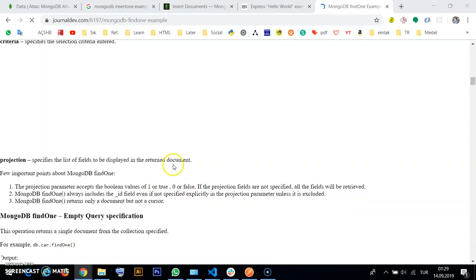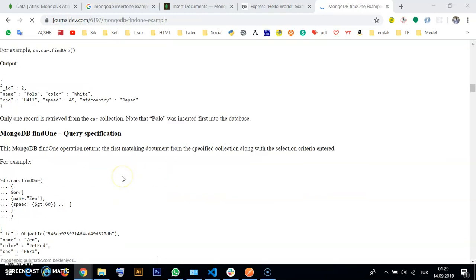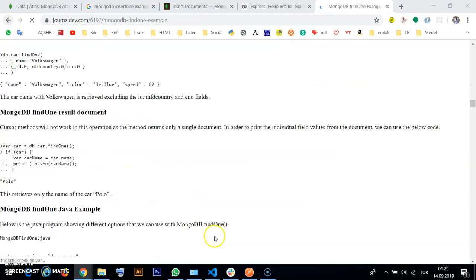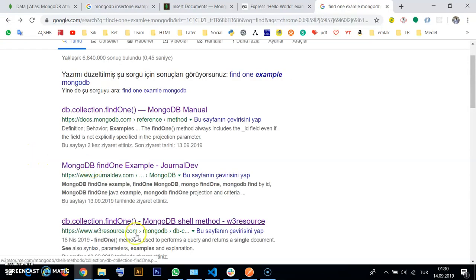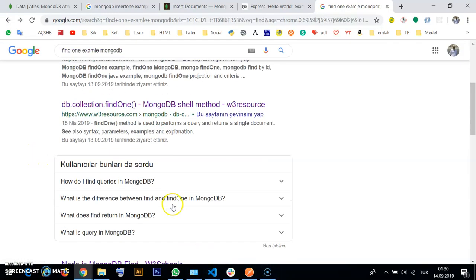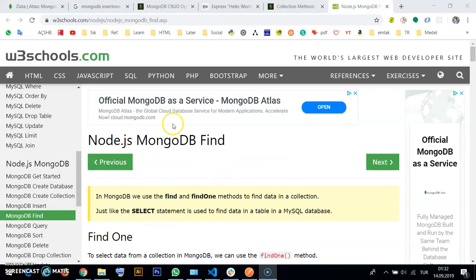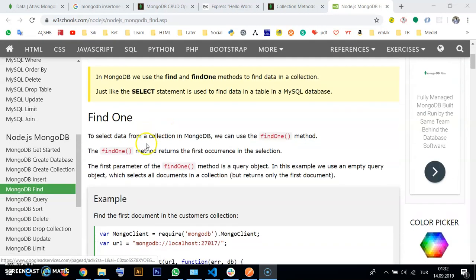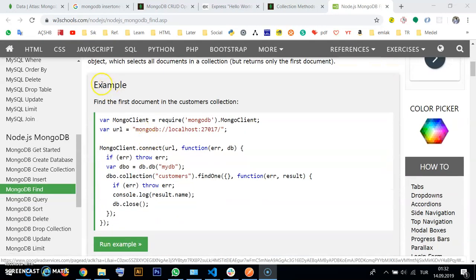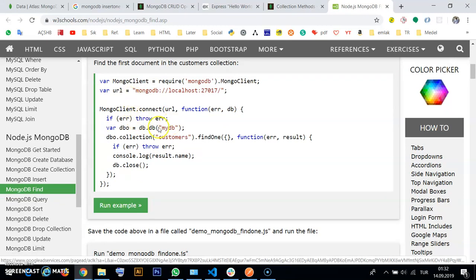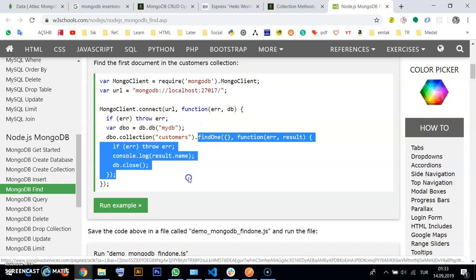I don't know what's the problem with my internet connection. Also, I'm just pausing this video. Here on w3schools.com is an example. Just Mongo client connect. I just wanted to copy this whole thing